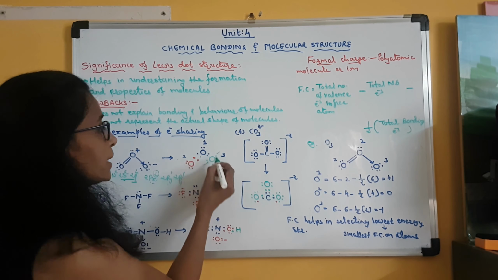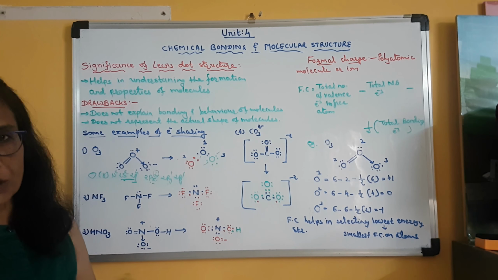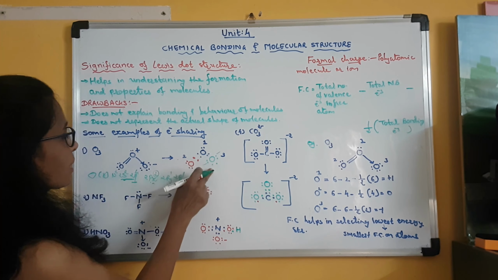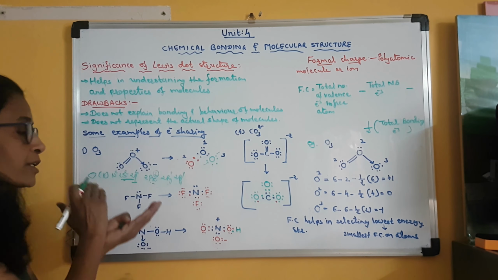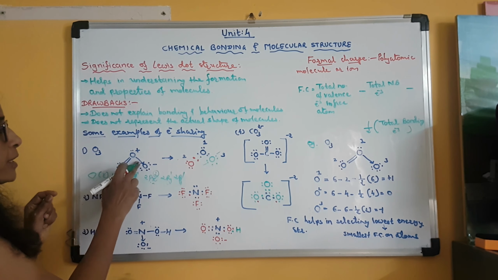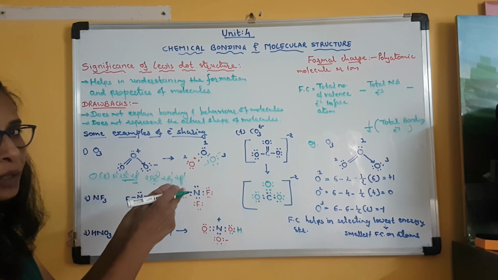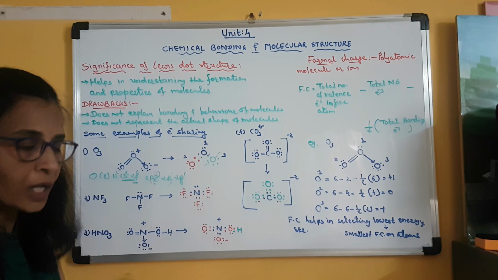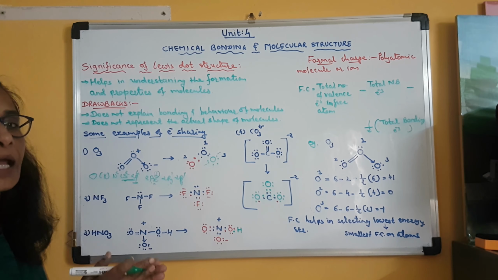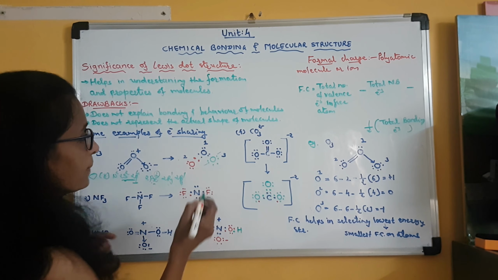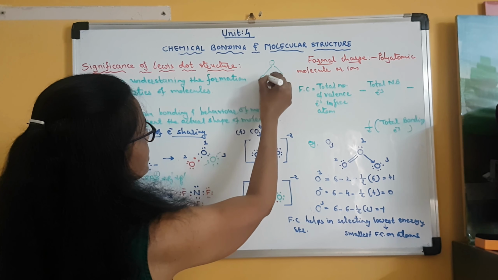On the contrary, it is gaining one extra electron from the first oxygen atom, and that is why this third oxygen atom acquires a negative charge. Clear? You can interchange the structures, means this coordinate covalent bond you can show between the first and second oxygen atom, and the covalent double bond between the first and the third oxygen atom also. It means the position of the double bond can be between first and third, or between first and second. Clear?